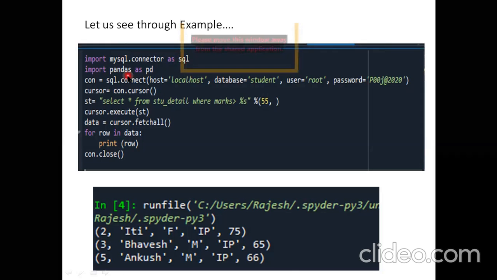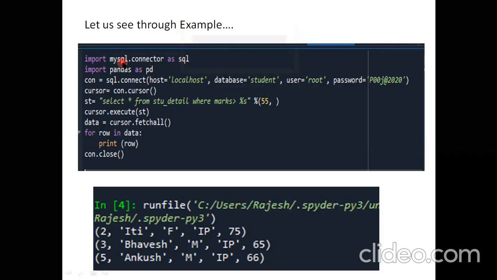Now see, pandas is not essentially required because I'm not using any data frame, but since I used the previous program only, I forgot to remove it. It is not actually required, but if you write it, it will not throw you an error. But since it is not required, don't use it unnecessarily. So leave this pandas, but MySQL connector should definitely be there. After MySQL connector, the first step says first import your module. So we have imported our module.